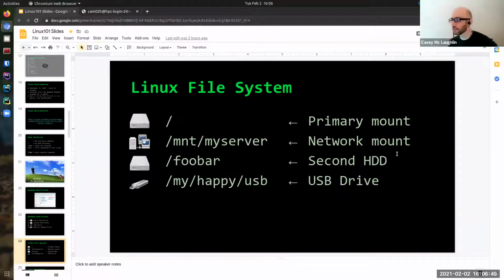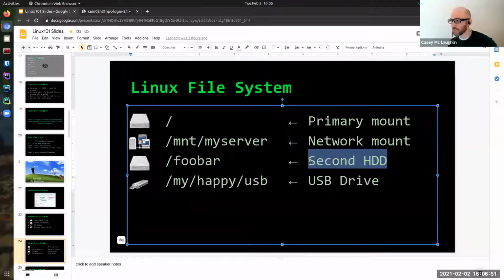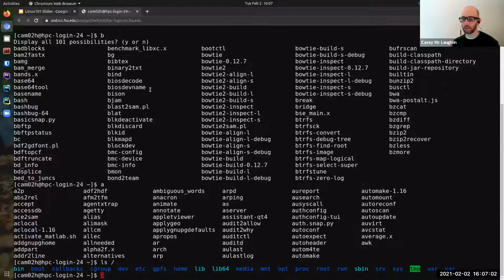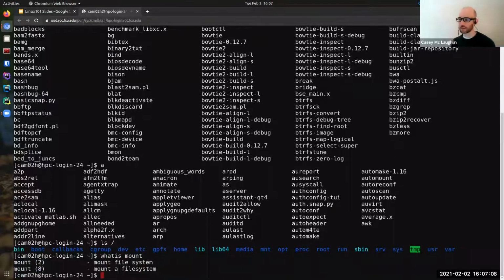However, let's say we have a second hard drive in the system, and what we need to do is mount it, which involves creating a directory and then manually running the mount command. So mount the file system. And you can read file system as a virtual partition, a physical disk, a CD-ROM, a USB stick, whatever.